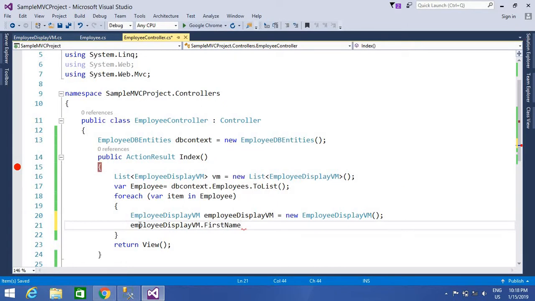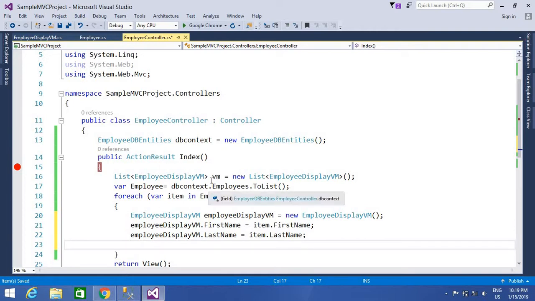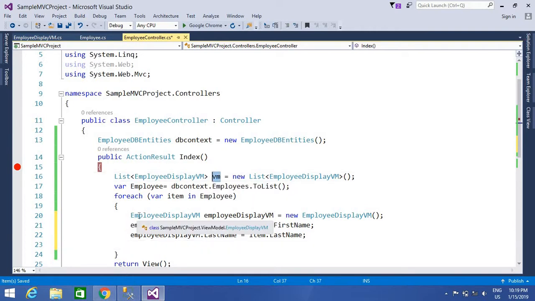First name equals item.FirstName, comma, employee.LastName equals item.LastName. So I just wanted these two only. Then after that, I created an employee and I want to add this employee into our list. So add